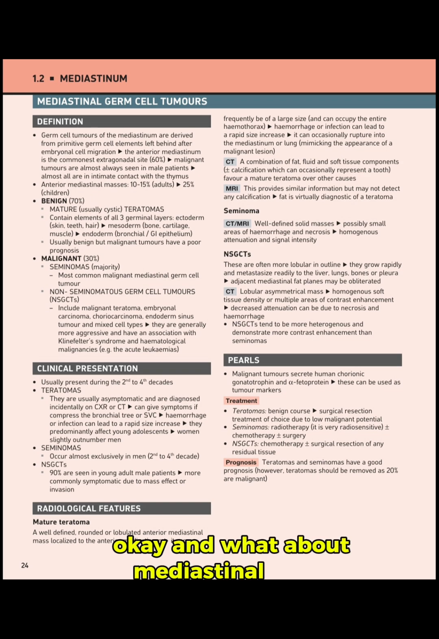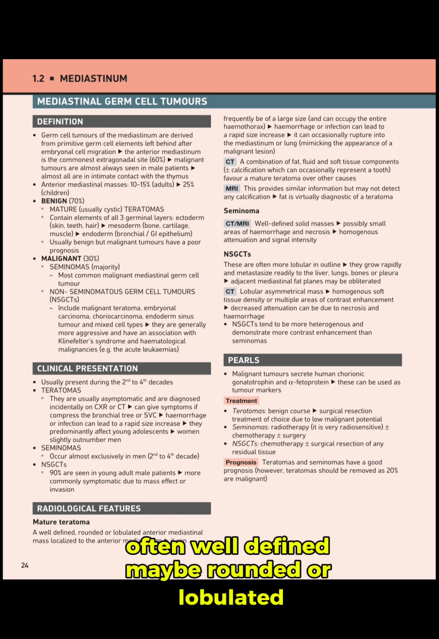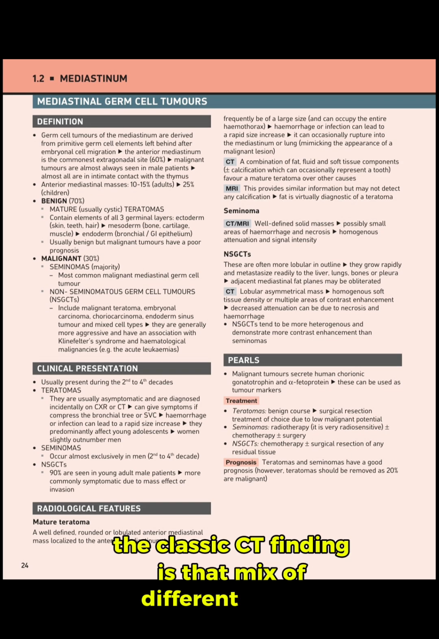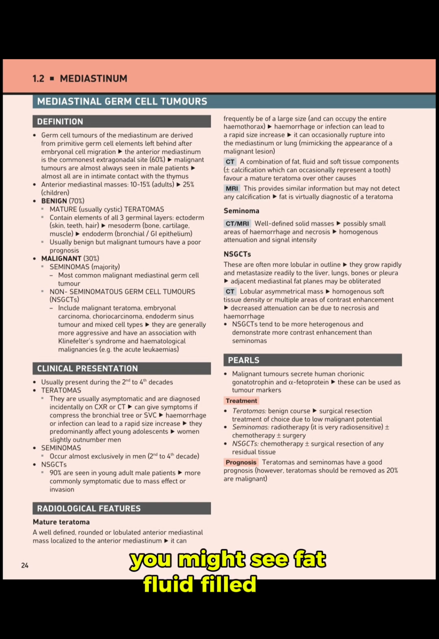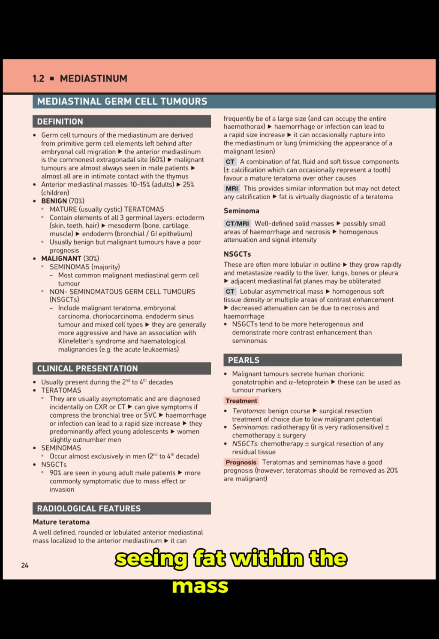Okay. And what about mediastinal germ cell tumors like teratomas? What screams teratoma on a scan? Teratomas usually sit in the anterior mediastinum, often well-defined, maybe rounded or lobulated. The classic CT finding is that mix of different tissues. You might see fat, fluid-filled cysts, soft tissue density, and often calcification. Sometimes you can even see structures that look like a tooth. A tooth. Wow. Yep. And again, seeing fat within the mass on CT or MRI is a very strong indicator